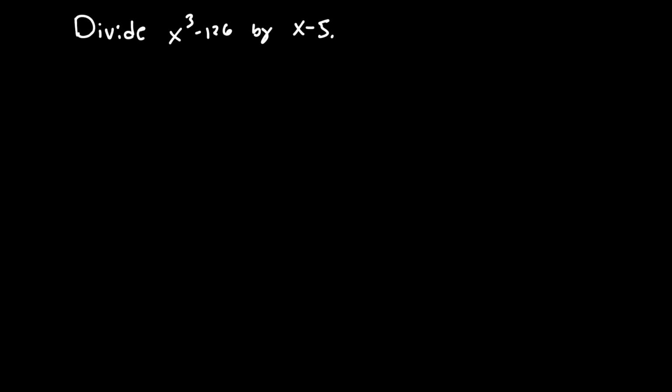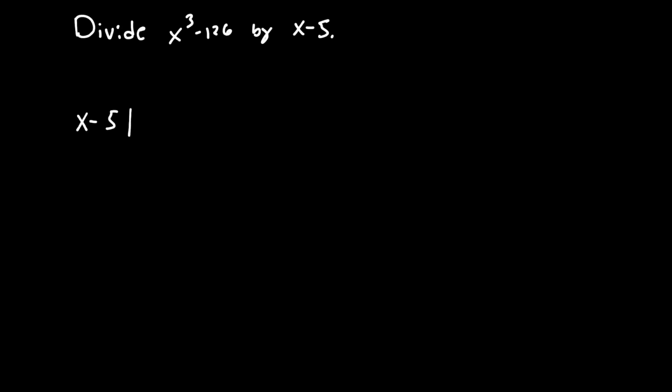Now let's divide x cubed minus 126 by x minus 5. Let's go ahead and divide x cubed minus 126 by x minus 5. And once we find our answer, let's label the quotient, the divisor, and remainder if possible. Starting off, we have